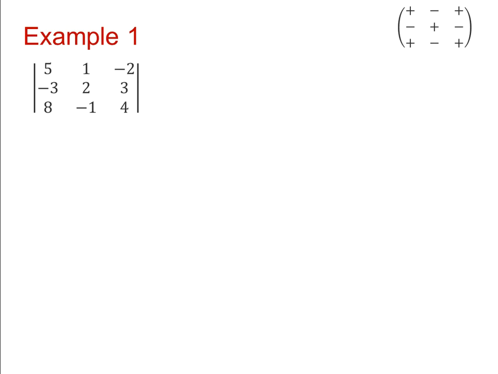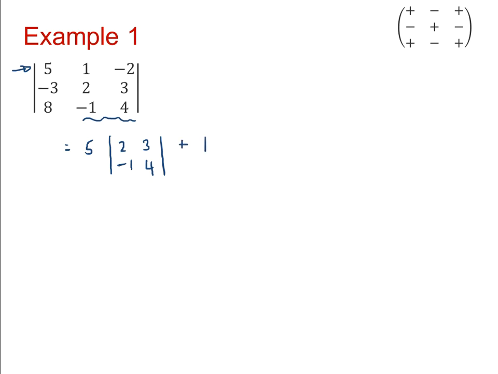So let's have a look at this example. And what we're going to do is to find the determinant of this matrix by using the first row. So that will be equal to 5 multiplied by the cofactor of that first element, which will be the determinant of the little matrix 2, 3, negative 1, 4. Remember that you're looking at deleting the row and the column containing the element, and then finding the determinant. The next one will be